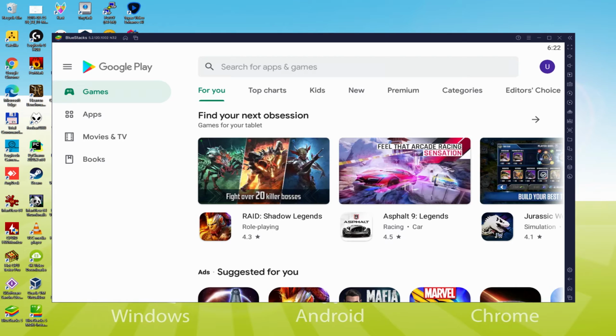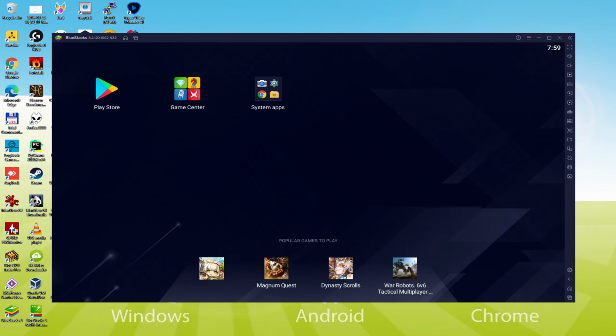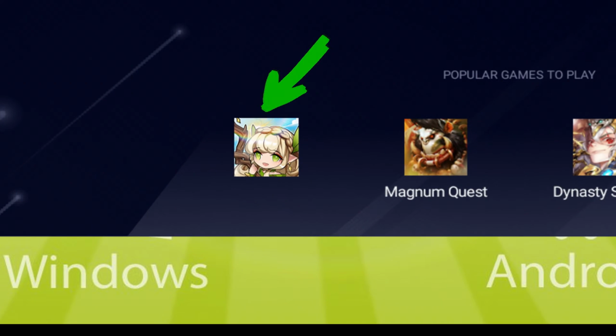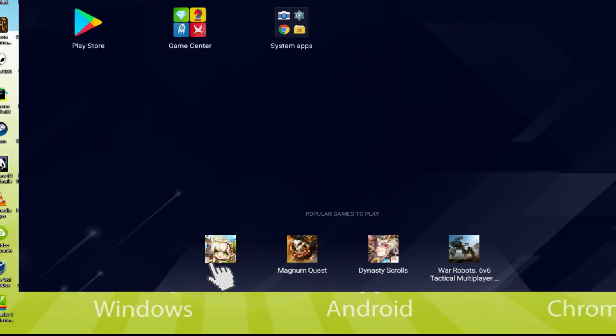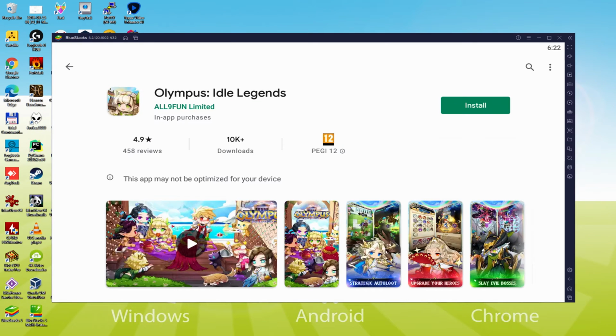To set up the app game, we have to visit the Android emulator desktop by simply clicking on the icon designated in green color. Now that we are exploring the desktop of the emulator for Android, we can see that we now have right here the Install Video Game button. We then click on this button. Here we access the game. Let's then click there on the Install link that I am displaying now in green color.